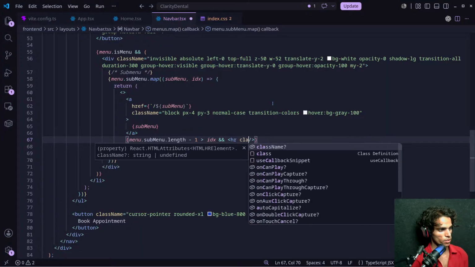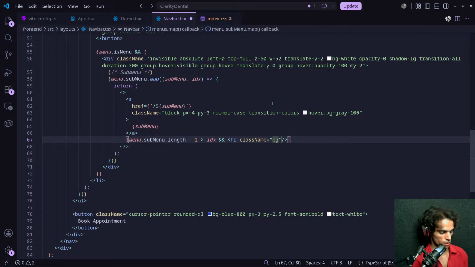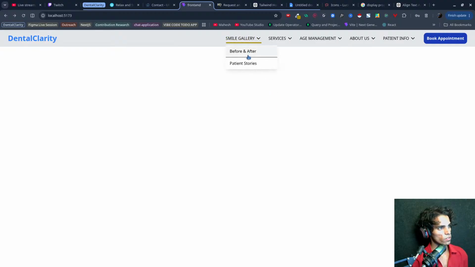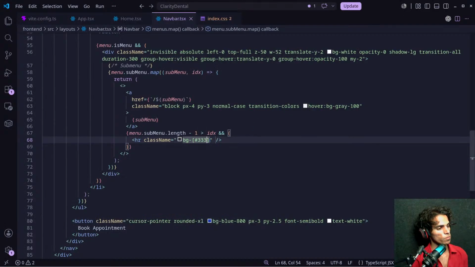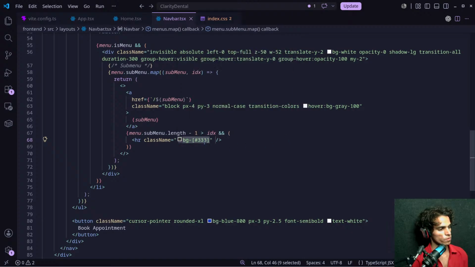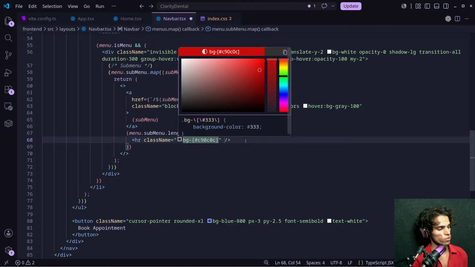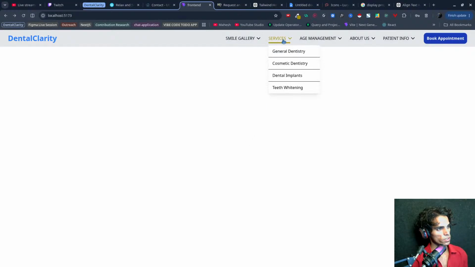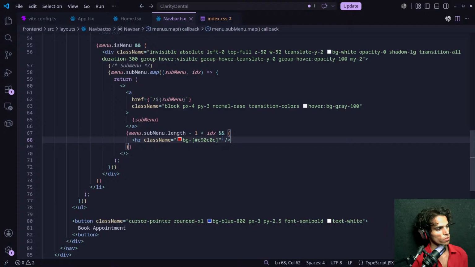Now let's give it a class name and BC. I just want to see if we are actually changing its border. No, we are not.